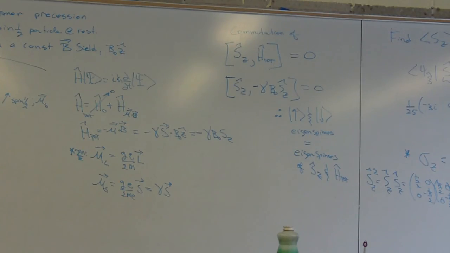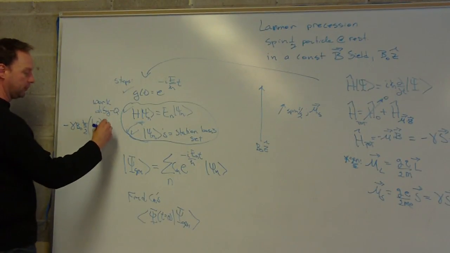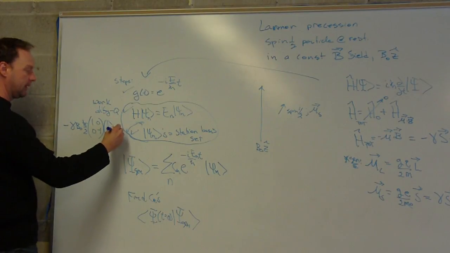So you would plug in, for example, so now use our solution over here. We would use minus gamma B0 S_z, h bar over 2 times the matrix 1, 0, 0, minus 1, times, for example, spin up would be a 1, 0. That has to equal